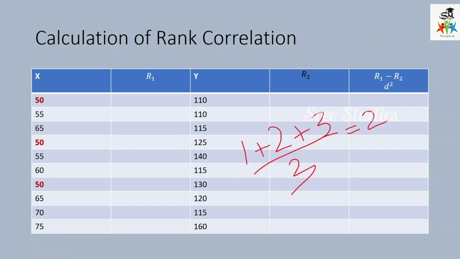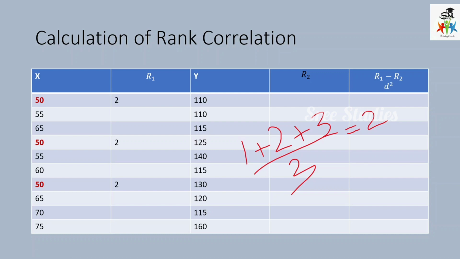Let us see how it is. I just marked it with red color. It is the lowest value, and as I said earlier, this class is related to ranks which are repeated, or equal ranks. Here there are three values having the equal value. So the ranks 1, 2, 3 all go to this value. We add 1, 2, 3 and divide by 3 so that we get the average rank for this value. We are going to place it